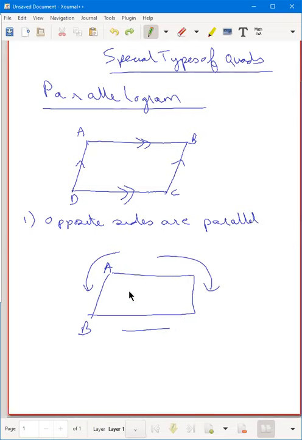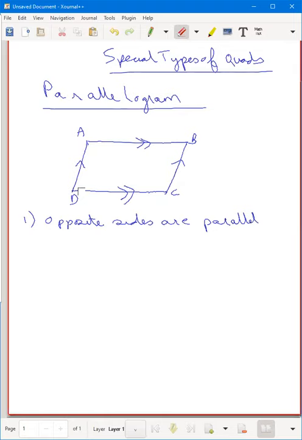Why I'm telling you this? Because it's a very small point, but what happens is sometimes in the exams or sometimes in a rush to solve all the questions, we name them wrongly. So let this quadrilateral become A, B, C, D, what I did earlier. Remember this. So name it in a cyclic manner, right?